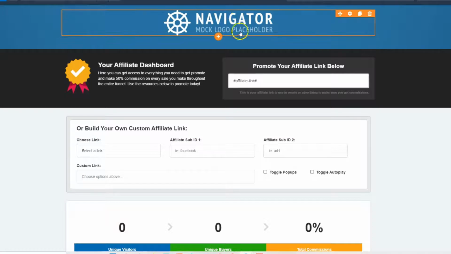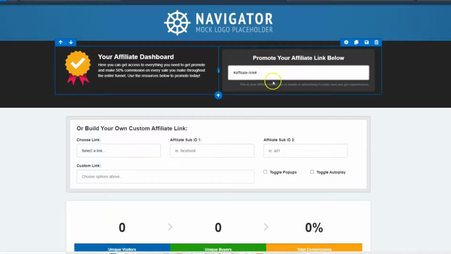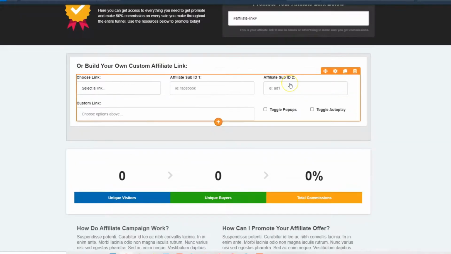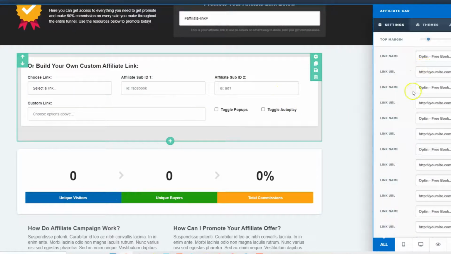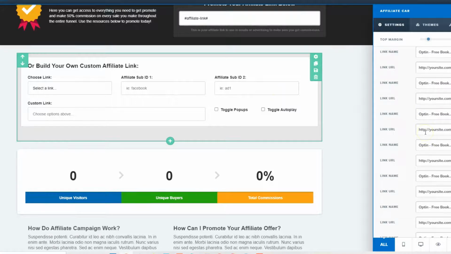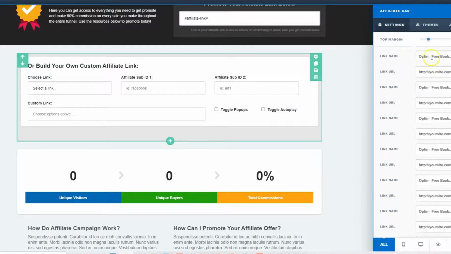You can upload the logo here. This is the element where the affiliates can generate their affiliate link. This is a section where affiliates can create a custom affiliate link. If you have more than one sales page or more than one order form and you want to create custom affiliate links for each of these pages, then you can use this element. If you go to settings, you will be able to add custom affiliate links for each of your pages. Suppose I want to create an affiliate link for opt-in. I will